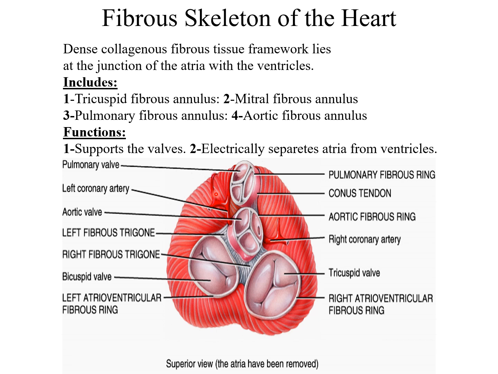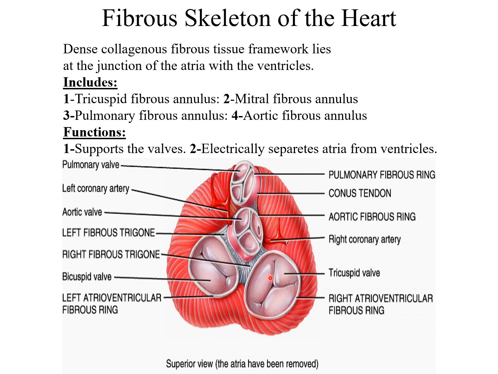Now we will discuss the fibrous skeleton of the heart. This is a diagram which we can see after removing the atria. So we have removed the atria from this part and we are looking down toward the ventricular wall. Below this is the ventricle and this is the base of the atria, and we remove the atrial wall completely. So what we can see, we can see the valves present there.